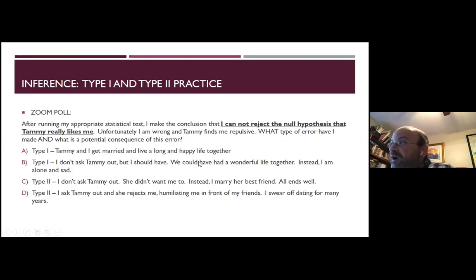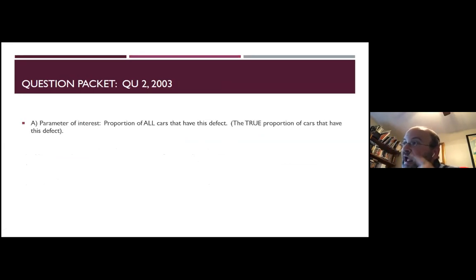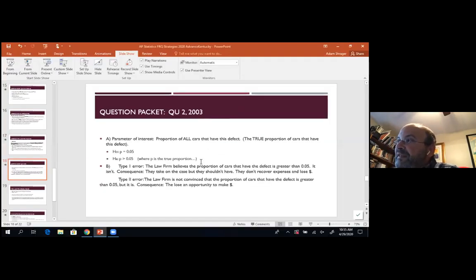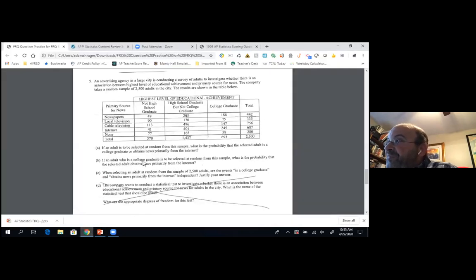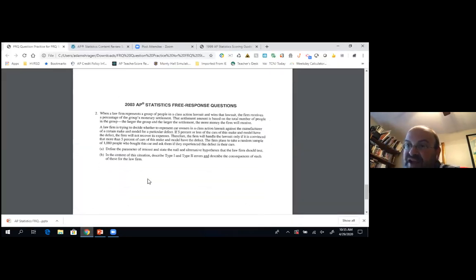Okay, so let me scroll forward here. And now let's pull up the final question in our packet. And the final question in the packet says, when a law firm represents a group of people in a class action lawsuit and wins that lawsuit,